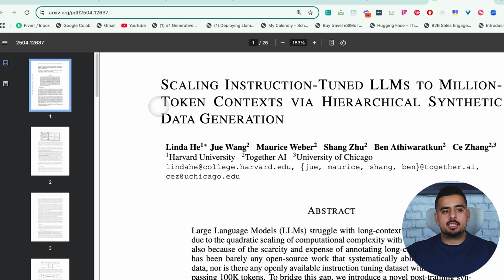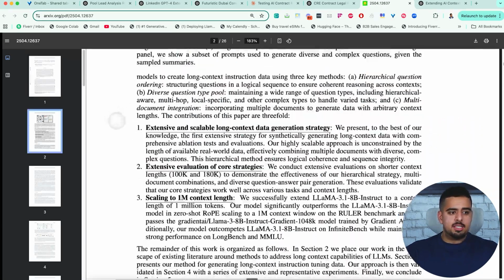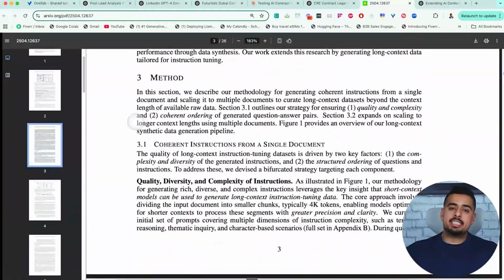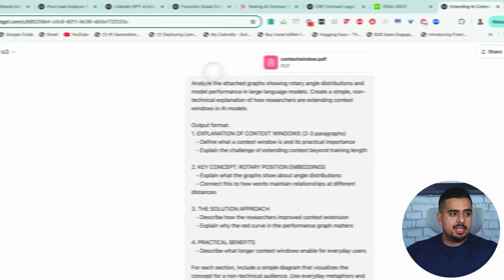Million Token Context via Hierarchical Synthetic Data Generation. Sounds super amusing, I'm sure, to all of you. And obviously this had a lot of interesting information about how you can scale context windows and have them be still effective after 5,000 tokens, 50,000 tokens, etc. But I wanted this dumbed down for me because I have almost no appetite anymore to read or watch from